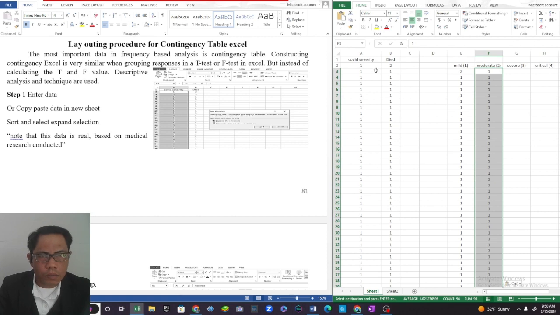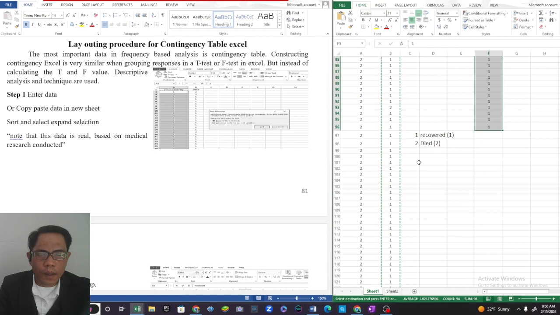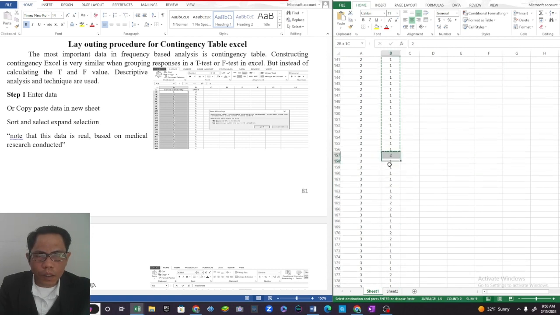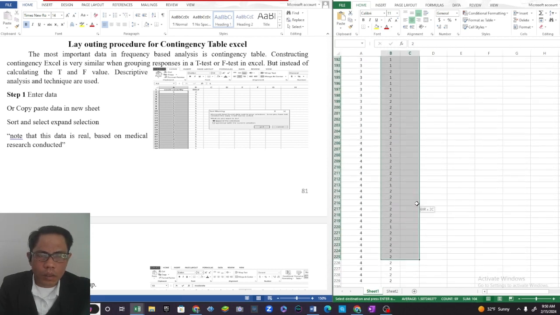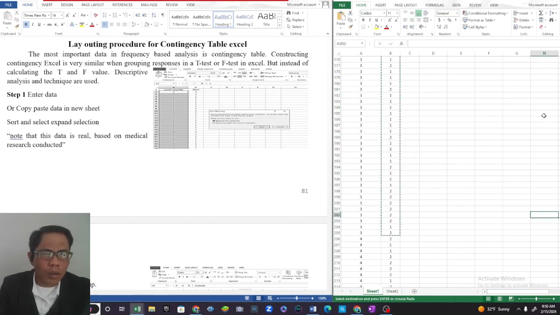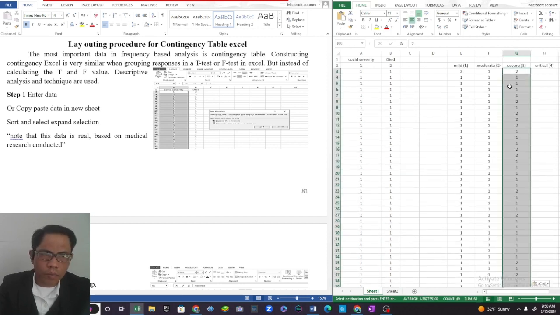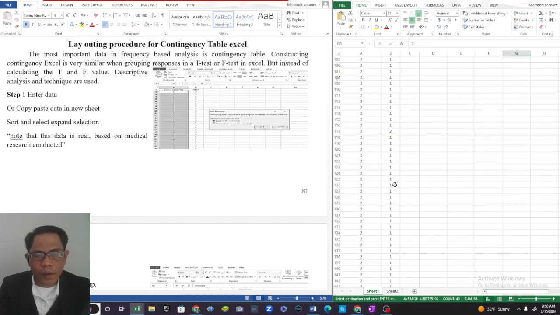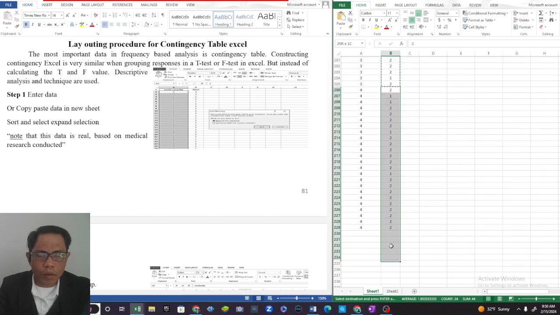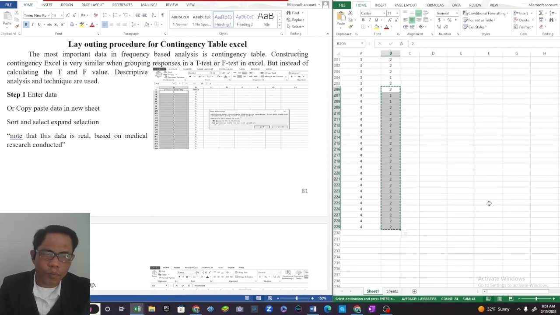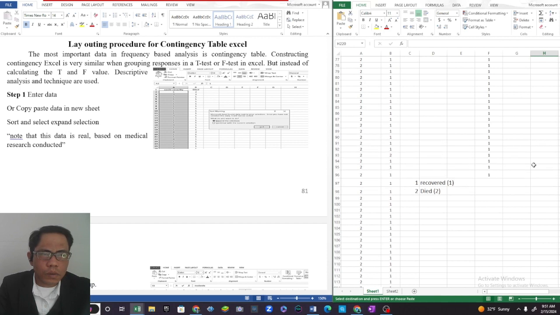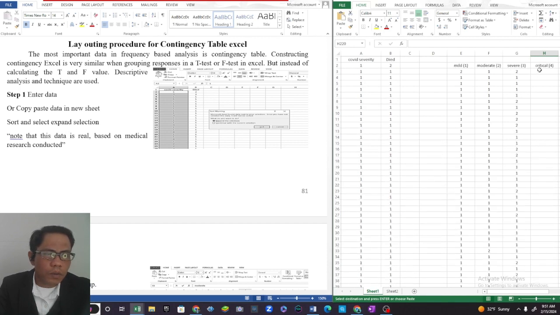Those who have moderate and the intersection with that of recovery. And the three, Control C and paste it here. And the four, which is critical, place the four here. So what we'll do now is